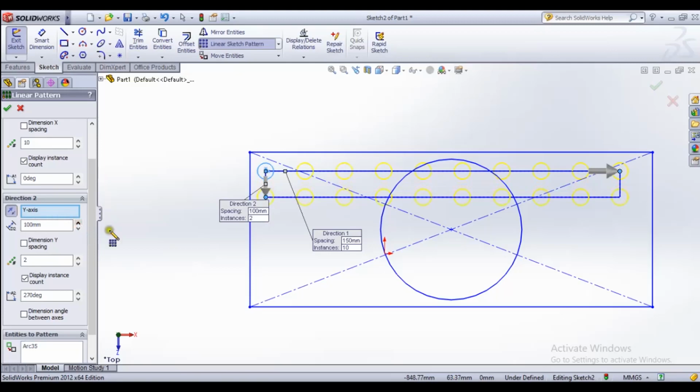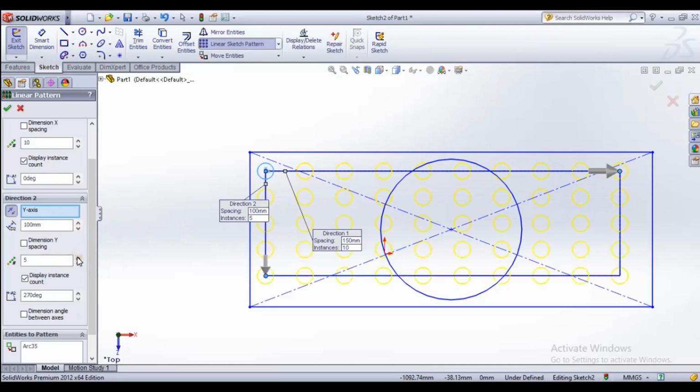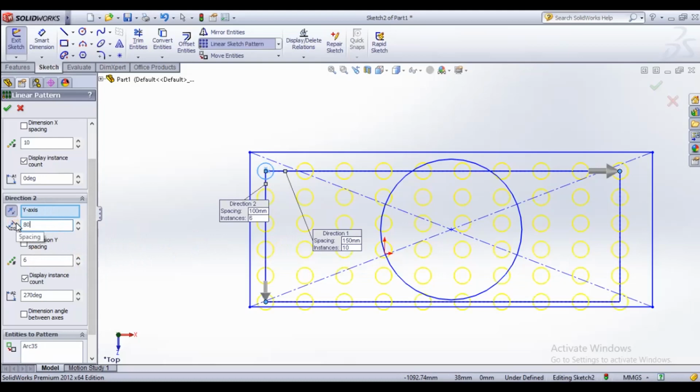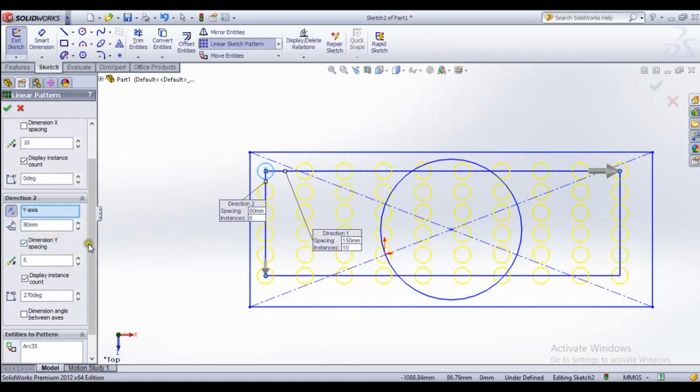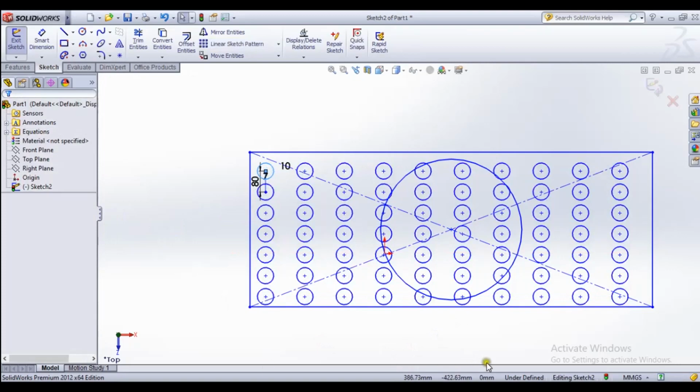Okay, now there are 1, 2, but we need 3 rows, 4 rows, 5 rows, 6 rows. We can adjust the length here, and we can adjust the number of rows. Okay, you see that.